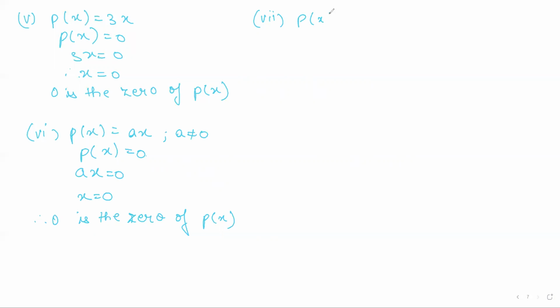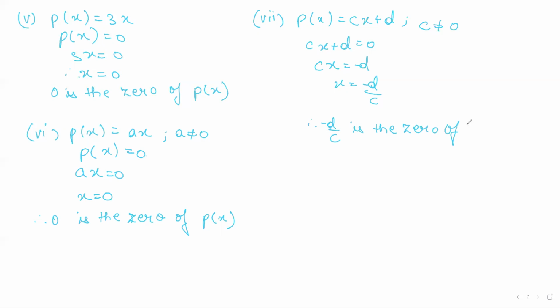P of x is equals to cx plus d, such that c is not equals to 0 and both c and d are real numbers. Therefore, equating this with 0, you get cx plus d is equals to 0. Cx is equals to minus d. X is equals to minus d upon c. Therefore, minus d upon c is the 0